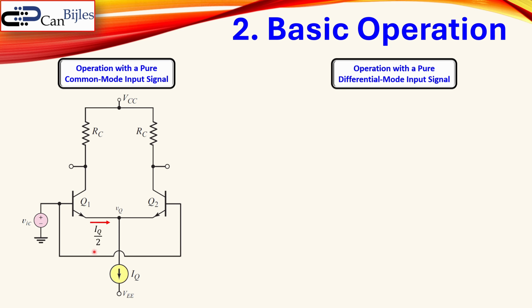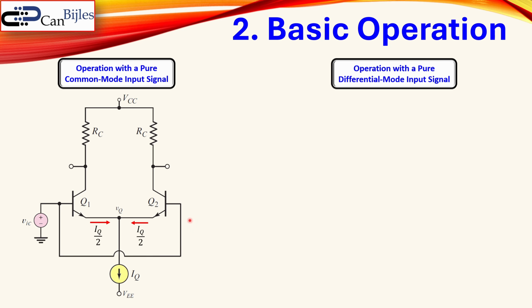And here we see the tail current, which will now split in two because you get exactly the same voltage here and also there. So at the base node of Q1 and also at the base node of Q2, you get the same voltage. That means the voltage here and here are exactly the same. That means the current we have here, IQ, will also split equally for the two emitters of the Q1 and